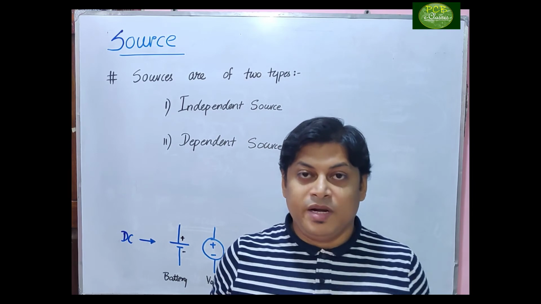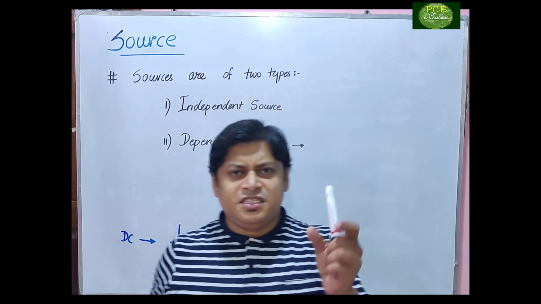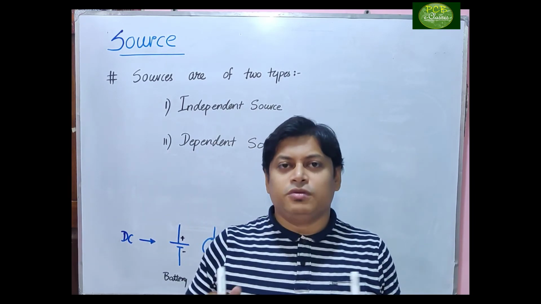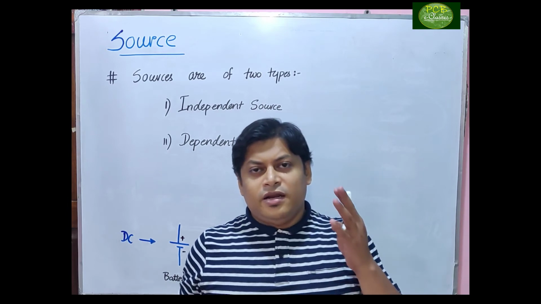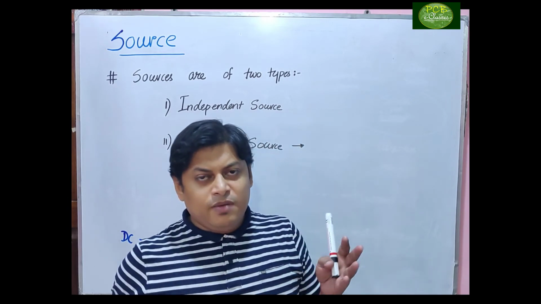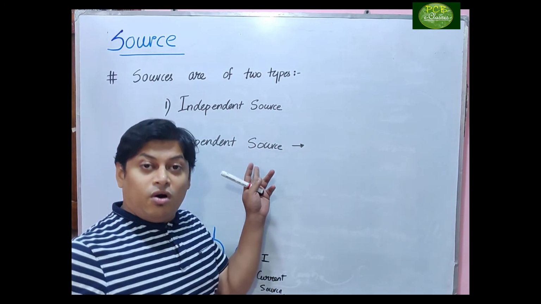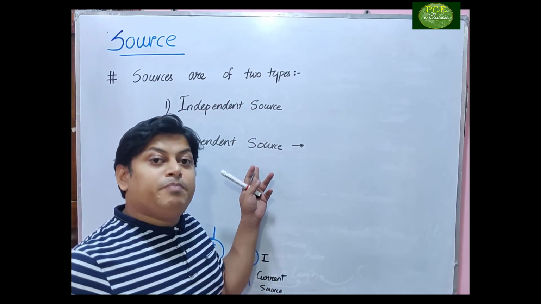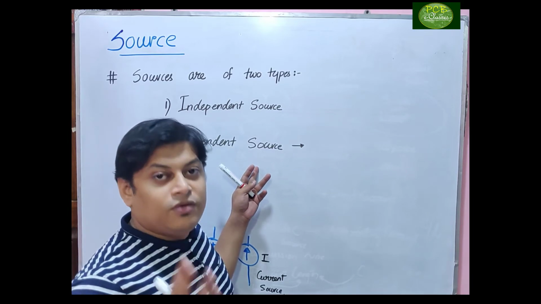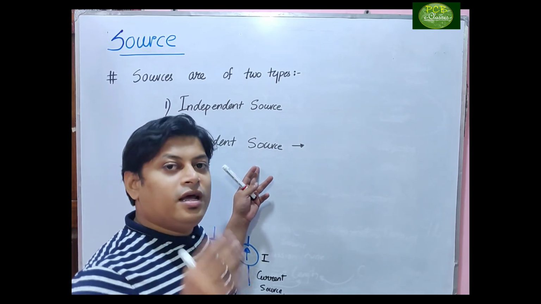Parameter of a passive element. Across any element, resistor, inductor, capacitors basically are said to the passive element. Fine? Resistor, inductor, capacitor are said to the passive element, and if this source is depending on any of the parameter, what are the parameters in electrical? That may be voltage or current.